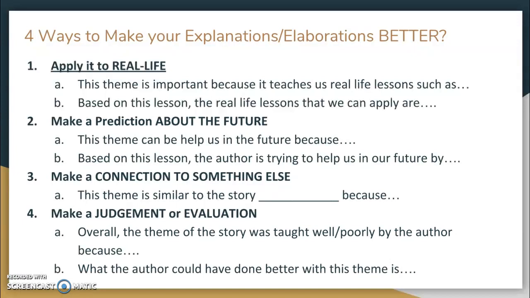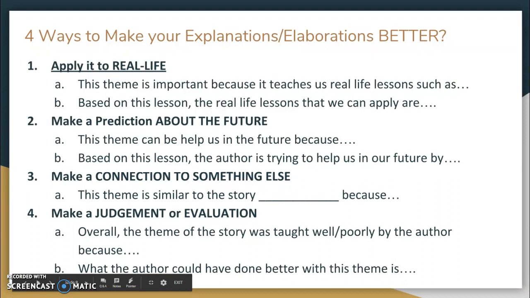Once you tell me what the theme of the story is, did he do it well or did he do it poorly? You could also say what the author could have done better with this theme is. So maybe the author taught the theme, but they didn't teach it as clearly as they could have. Could you explain or elaborate that further? Absolutely. What could they have done better? So these are 4 ways that you could make your explanations or elaborations slightly better